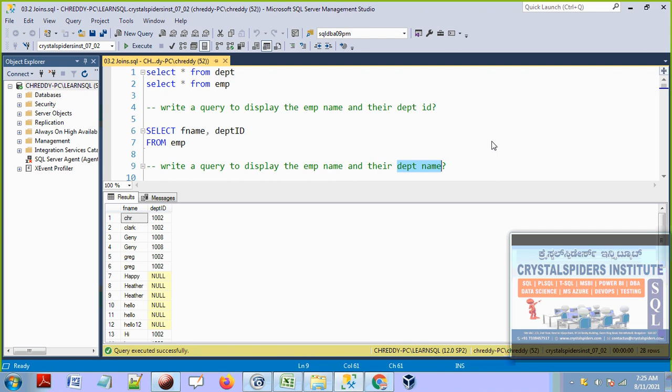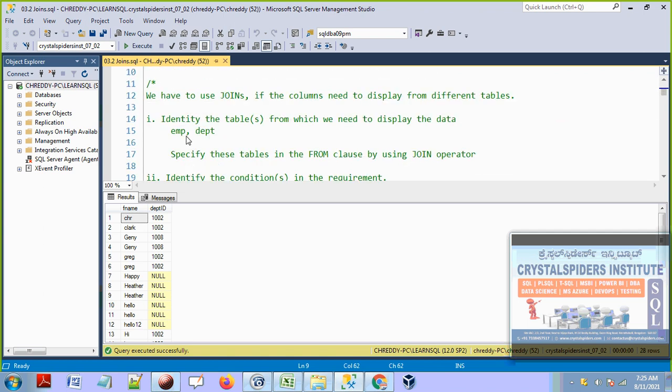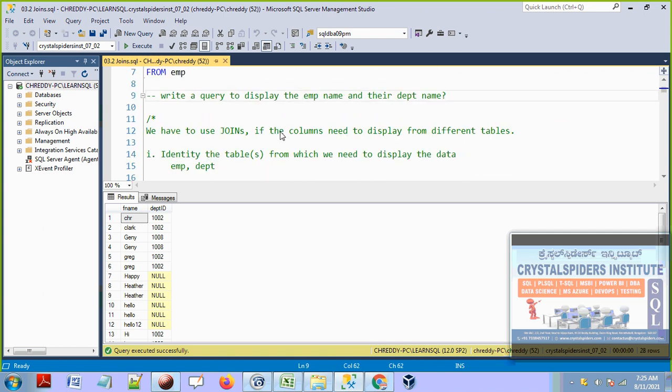So guys, in this case, in my requirement, I need to display the data from 2 tables: 1 column from the employee table, the FNAME column, and 1 column from the DEPT table, the DNAME column, department name. So in this case we have to use joins, guys. One of the reasons we use joins is when we need to display data from multiple tables.